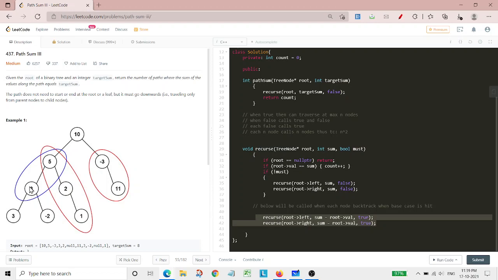Whenever we are at this moment, we will be able to check for this portion also and this portion also. So when we reach this particular moment, after completing the whole subtree which is below it, it will again come into consideration, and after that we will be able to check whether that particular subtree contains our path or not. So for better understanding, let me explain it to you with the recursive tree.